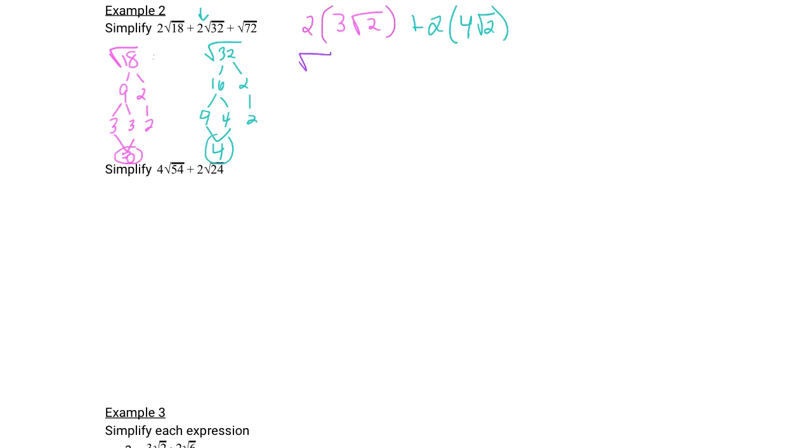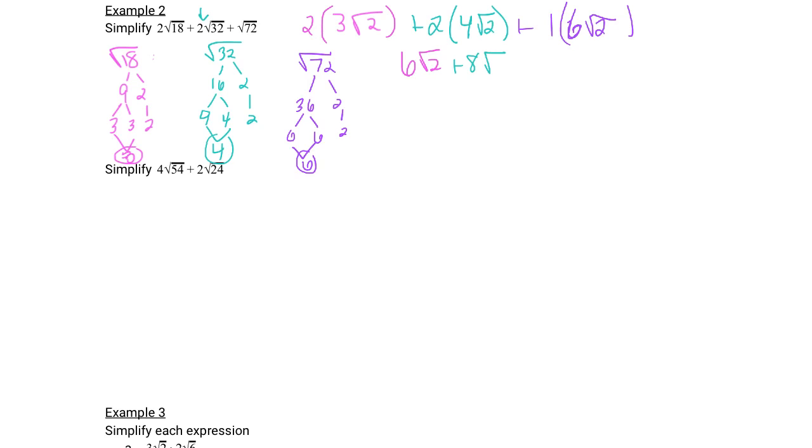Last but not least, square root of 72. We can make that 36 times 2. And that's 6 times 6 times 2. So 6 goes outside the radical, and 2 stays underneath. And there is nothing multiplied by that up front. So I'm just going to put a 1 there. So now we can multiply the 2 integers in front, and that becomes 6 square root of 2